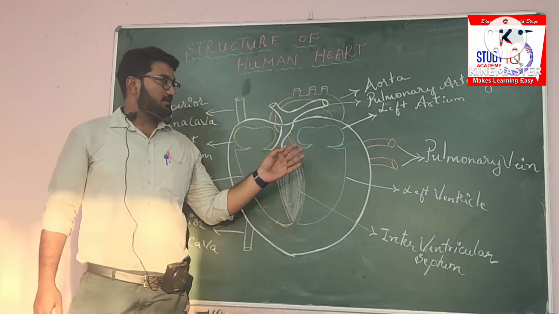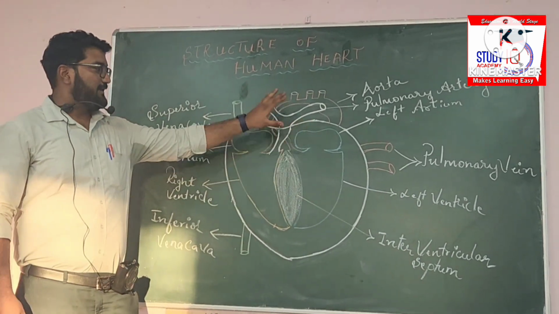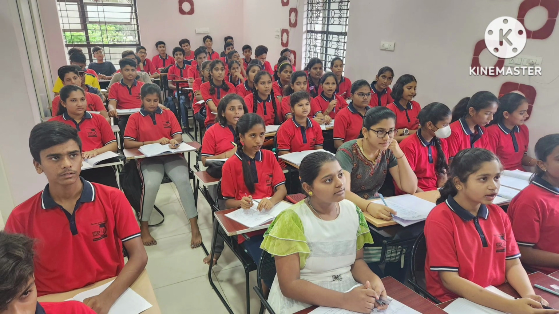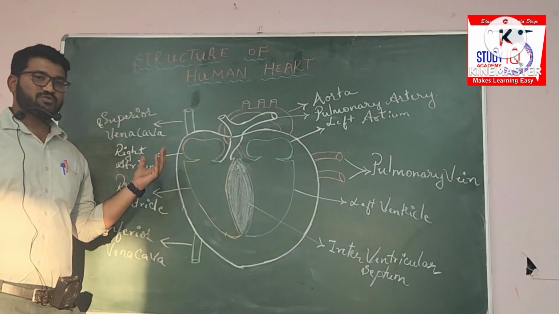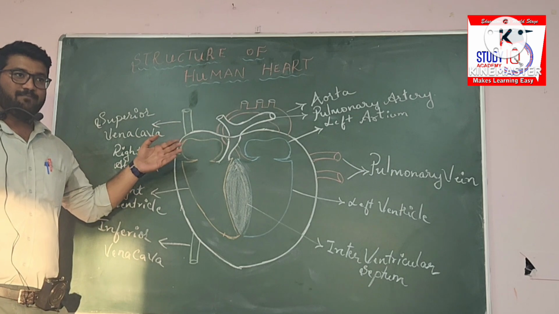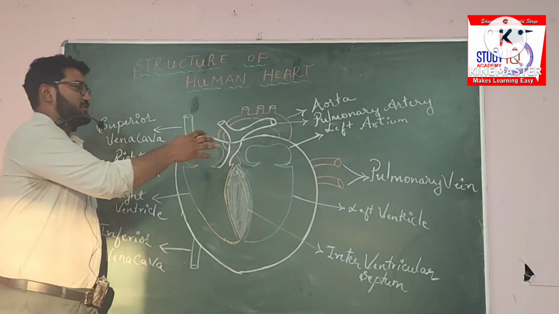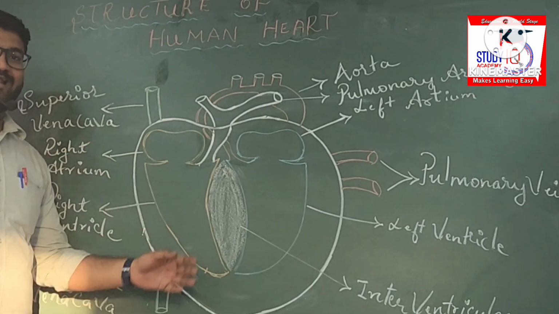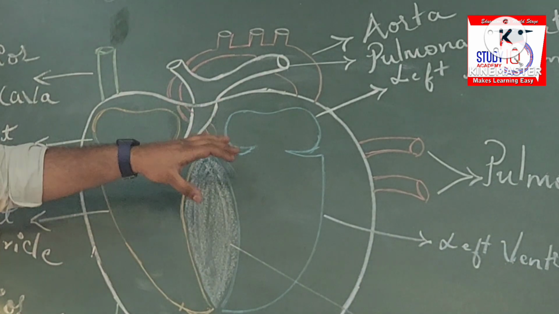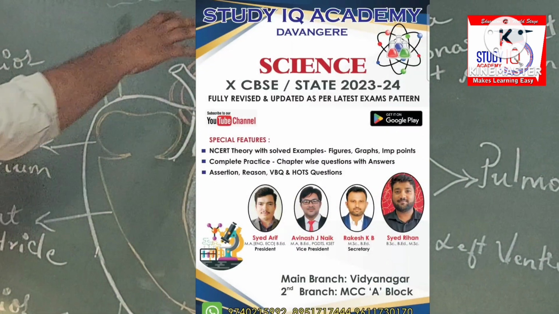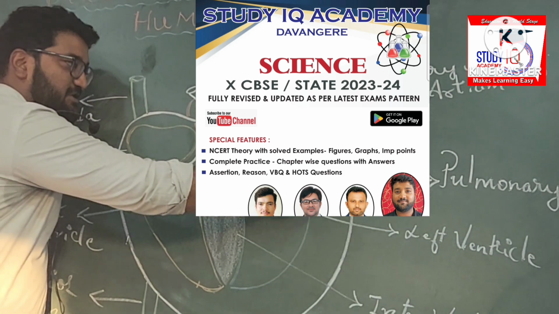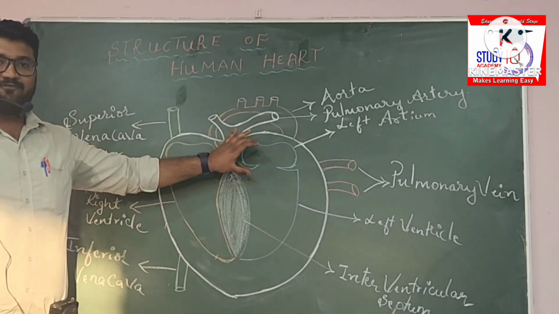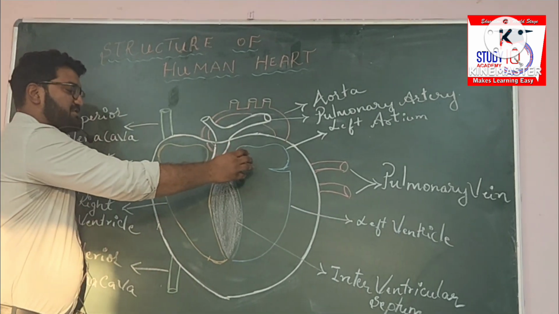The left side of the heart consists of 2 chambers: left atrium and left ventricle, and the right side of the heart has another 2 chambers, that is right atrium and right ventricle. The left atrium is responsible to receive the oxygenated blood into the heart from the lungs, through the structure called pulmonary veins. So from the left atrium, now the oxygenated blood